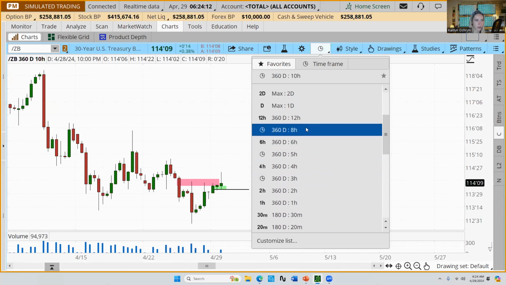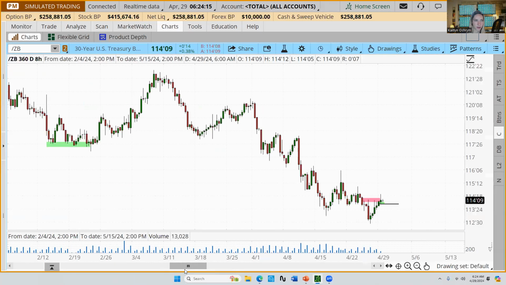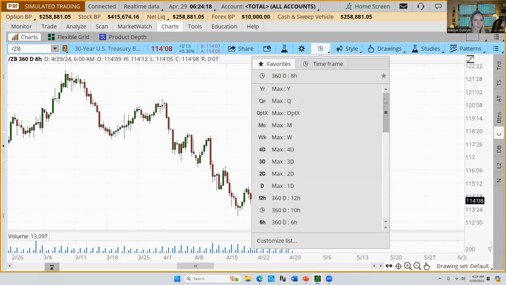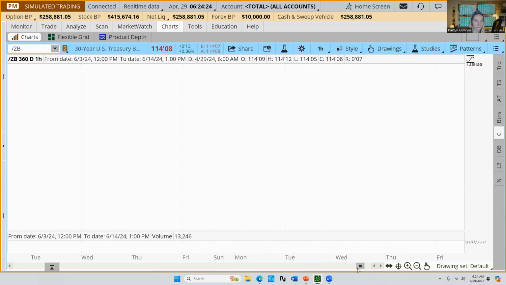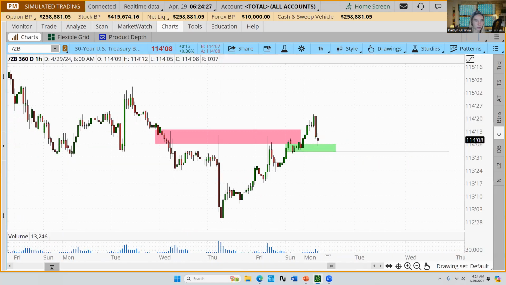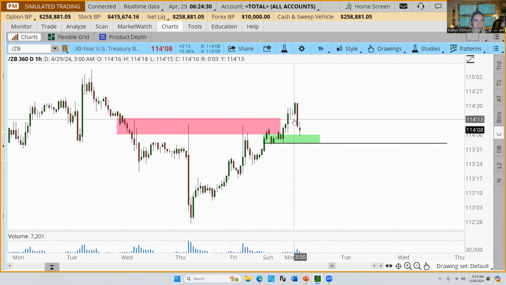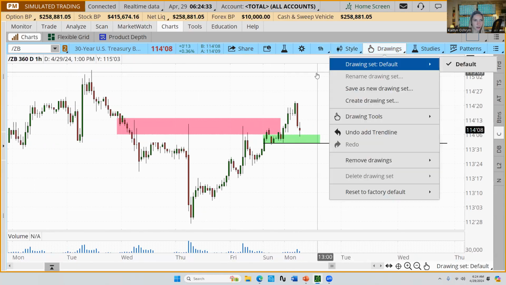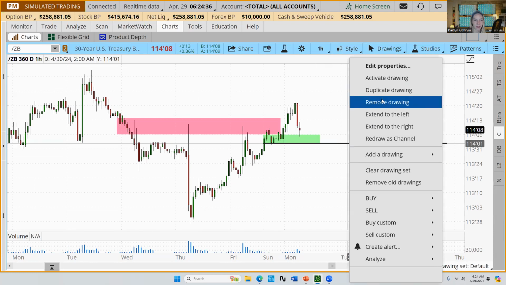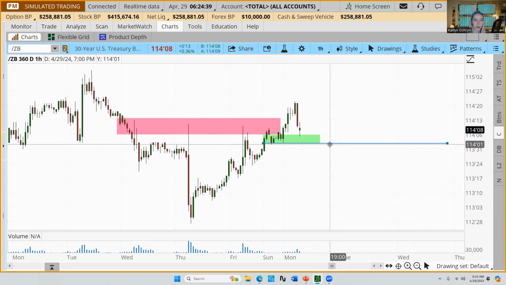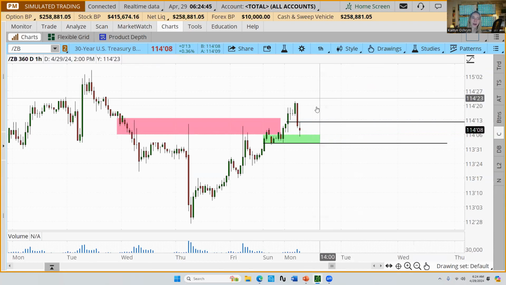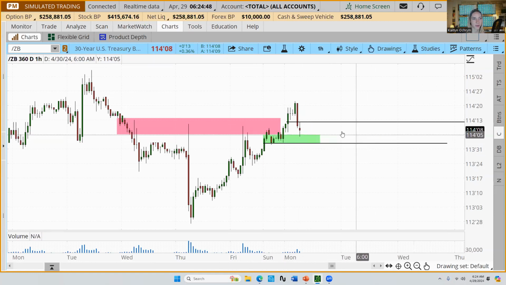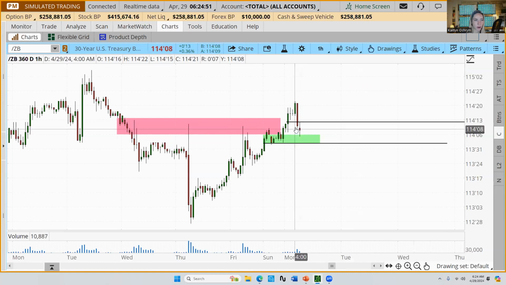An hour, 8 hour. Down to the 1 hour. Right now, I would say we'll stick with the wick over wick for our risk management as well. So I'd say we'll place our stop up here as of this point. We could always bring our stop down as price starts moving in our direction. So stop is going to be above this wick over wick to the downside, which is going to be above